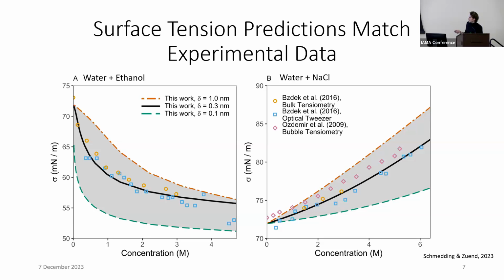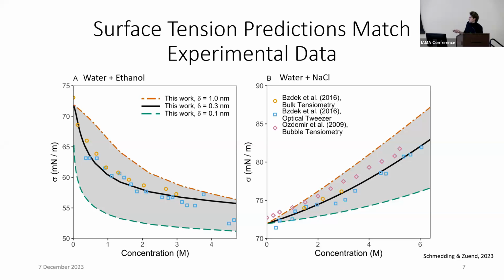So this one on the left here is a water ethanol binary system, and the one on the right is a water sodium chloride binary system. The three different colored lines here are for different interfacial thicknesses. The orangish brown line is for a thicker interface, so 1 nanometer. The black line is for 0.3 nanometers, which is about the size of a single water molecule. And then the green line is for 0.1 nanometers, so smaller than half the size of a single water